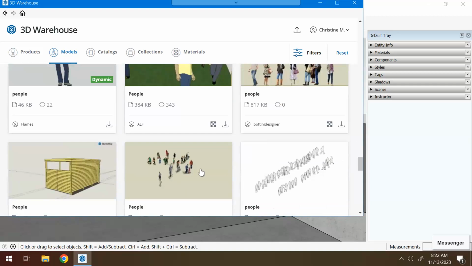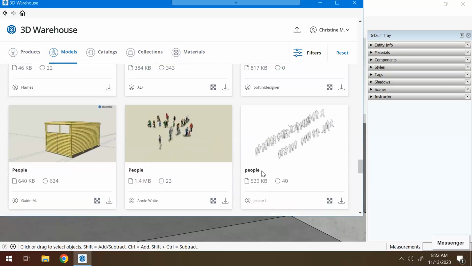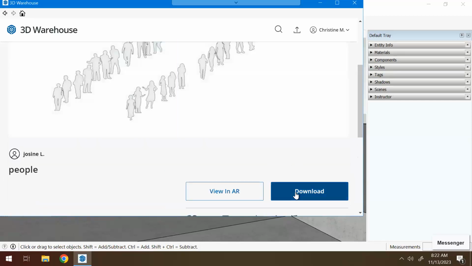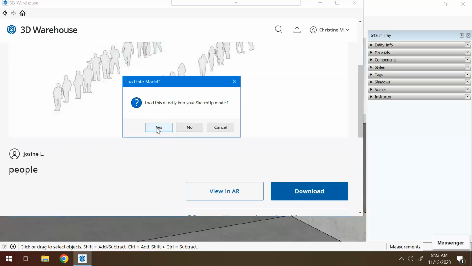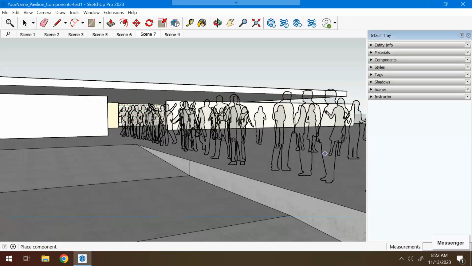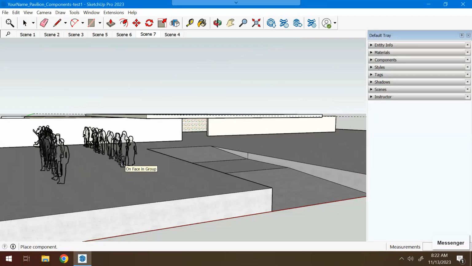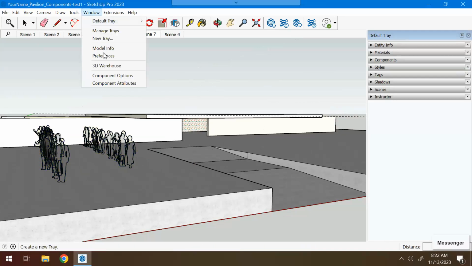One thing to be a little cautious about is the size of the file. If you start to bring in files that are too big and you find that it's just making the SketchUp file move really slowly, you may want to reconsider what you've brought in. I'm going to bring in a couple of types here, and I'm going to download them and load them into my SketchUp file, and I'm going to place them. Let me put this one over here. Okay, and then I'm going to go back and I'm going to bring in another